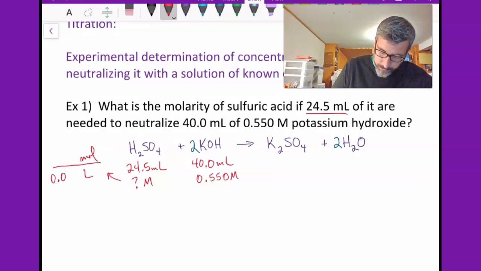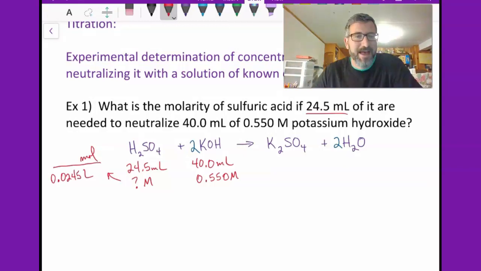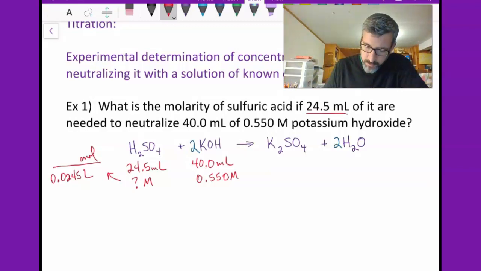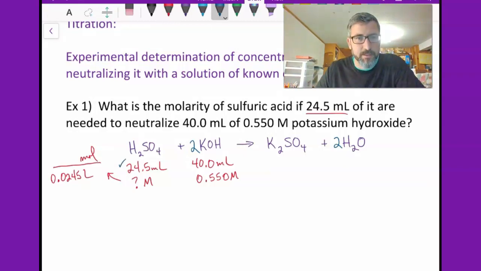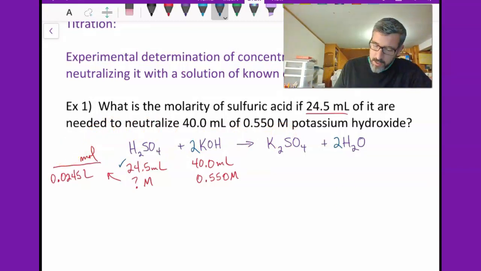So 0.0245. So I already have half of my molarity. I have the volume. I just need to know the moles. And so we've already used this bit of information. So let's see if we can use these other 2 bits, the volume and concentration, along with the balanced equation, to figure out how many moles of H2SO4 we have, because if we can do that, then we know the molarity. So what I do is I always start with the volume of the solution that we know the concentration